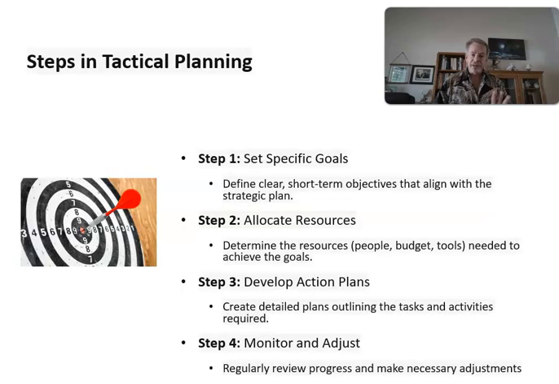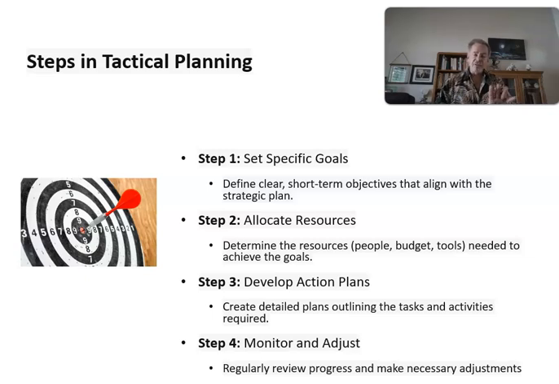Timelines are also another part of tactical planning, and you want to set specific goals, allocate your resources, and develop specific action plans. I mean, get down to the details of we're going to do this on this date, this on this date. By the time we're all done, in the first 6 months of our tactical plan, we should have overall sales increase by 4%. And at the end of the first year, we want to have a total overall 8% increase in sales. That way, if we establish an 8% annual increase over 3 years, we'll meet the objectives of the strategic plan to have a 24% market increase. And even if we're off by 4%, we're still right there because the plan itself calls for 20%. Life is good if you can do it.